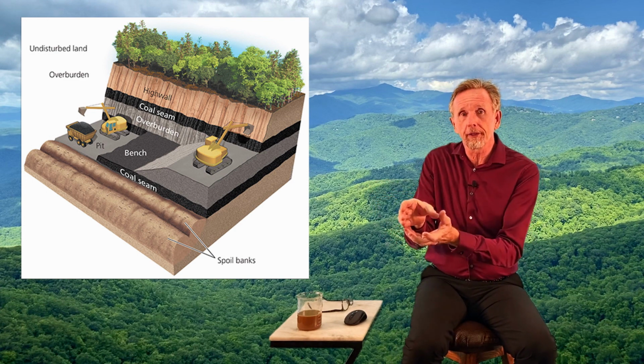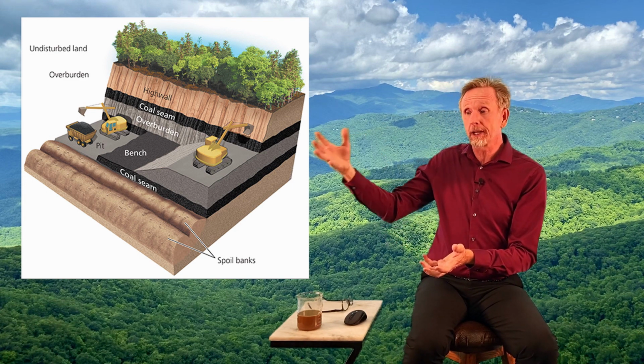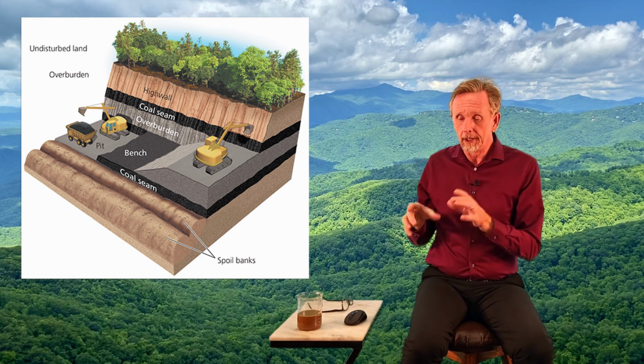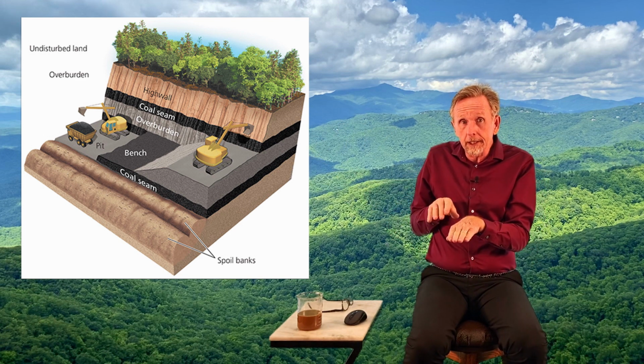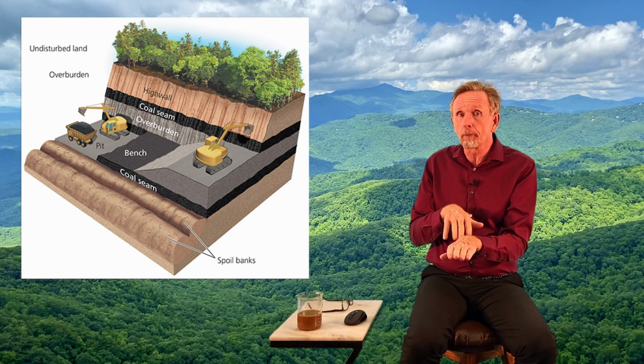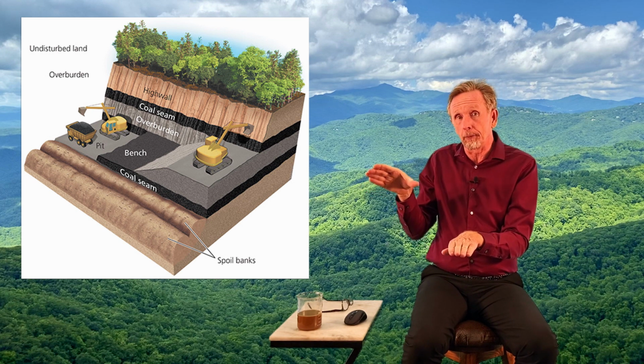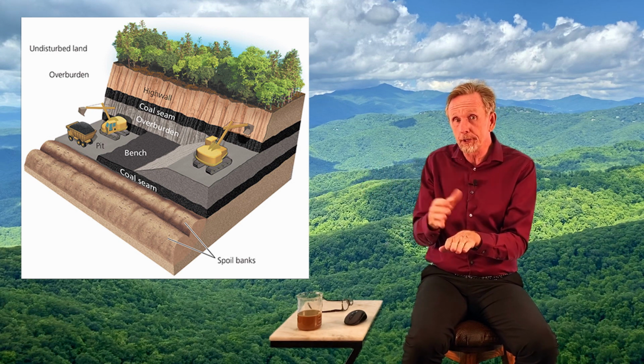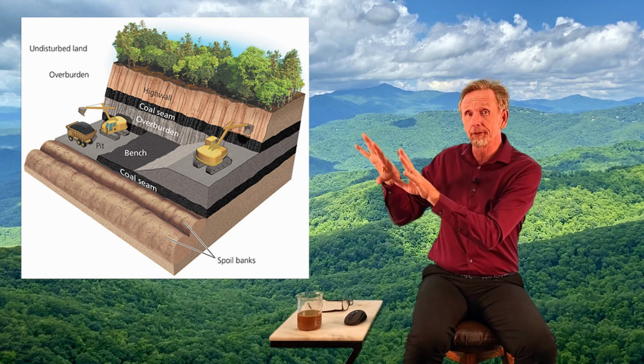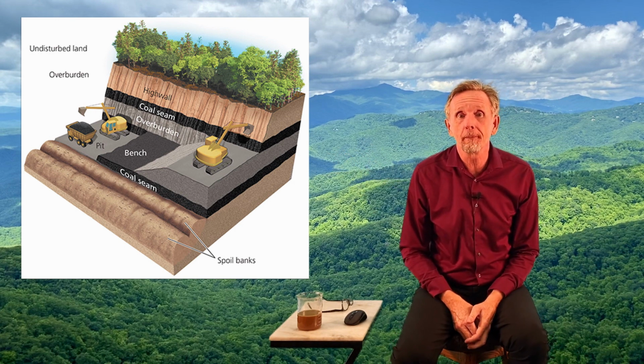We take it all out of this area, and then we go to the next area and we just fill this in with it. So we dig out the mine here, we get rid of all the coal, there's no more coal, and we go to the next area and we contour and we strip it off and push it down onto here, and we just keep moving it across the mountain.